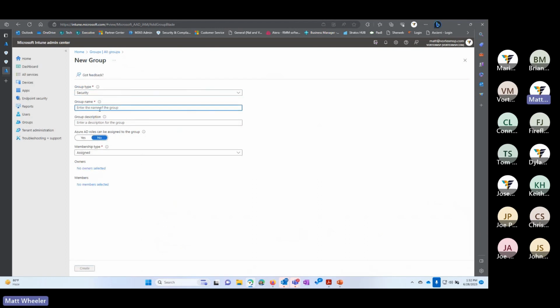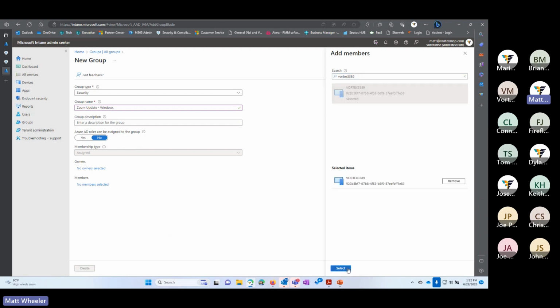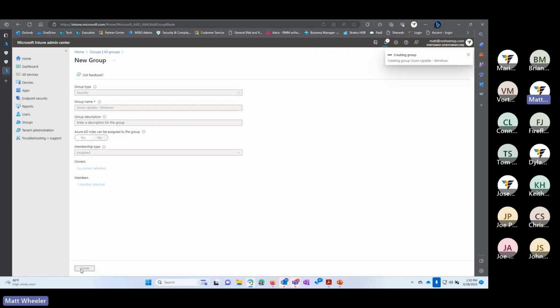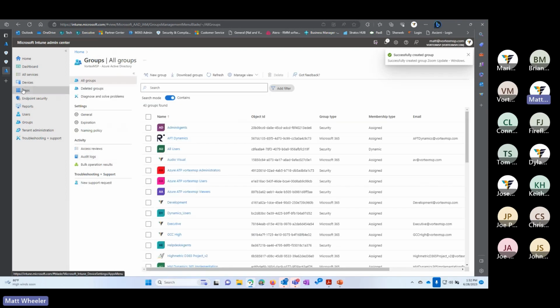I would assign members. We'll call this Zoom update Windows. All right. And then when I selected, I should be able to type in the computer name. There it is. And so now I've added this computer to the group, which is called Zoom update. I'll go back to my applications.